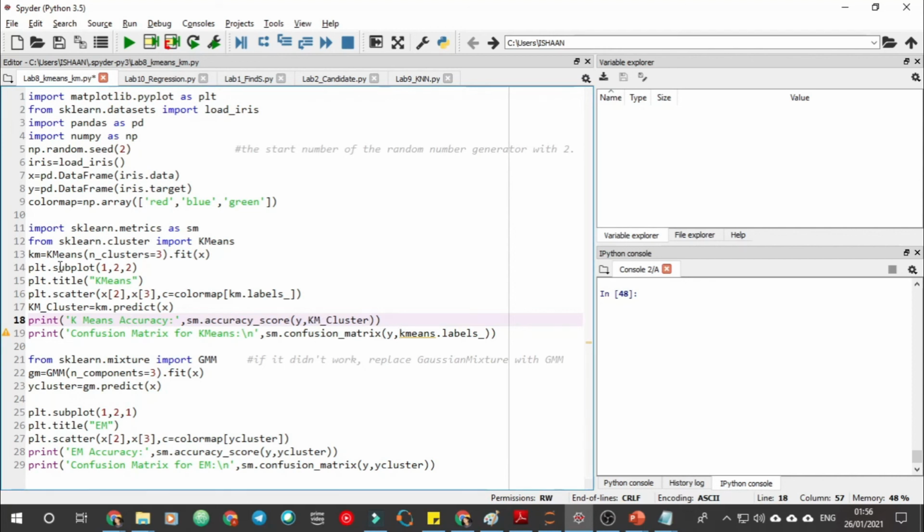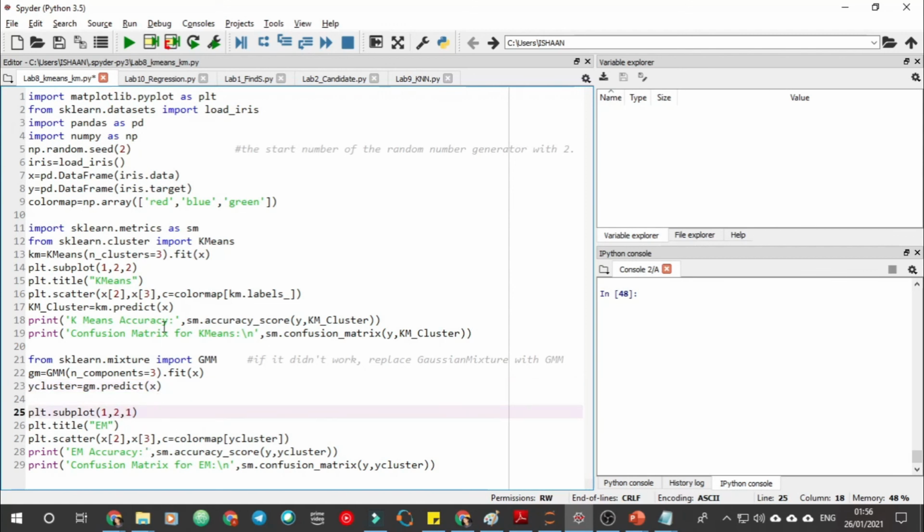Instead of km.labels_, if we have predicted, we can replace this particular thing with this, and this particular thing with that. And we are just plotting this EM graph on the first part,